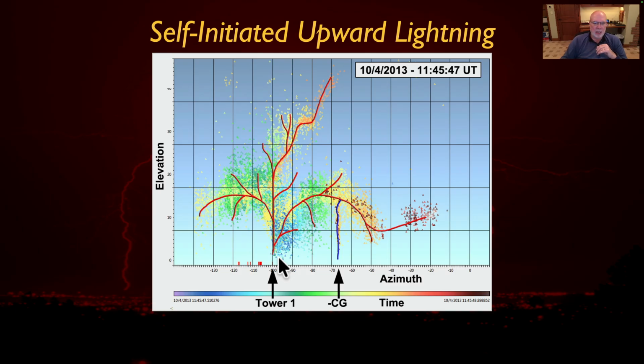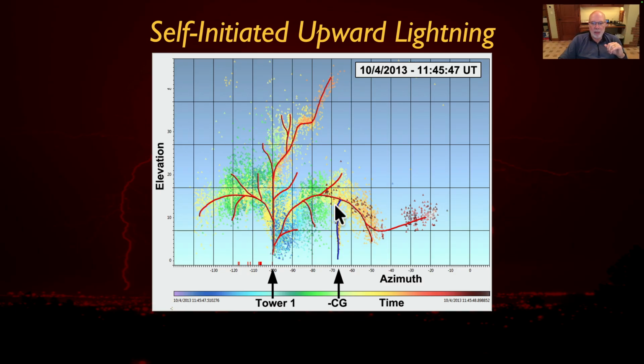And what we'll see is that sure enough, the sources are originating from the tower tip and expanding upward and growing and branching upward, just like we see in normal upward lightning. The towers were not visible. The blizzard had visibility less than just a few hundred feet at best. Winds were howling, and it was a very intense storm. And so we captured 5 upward flashes from the towers before we lost power to the region, and were able